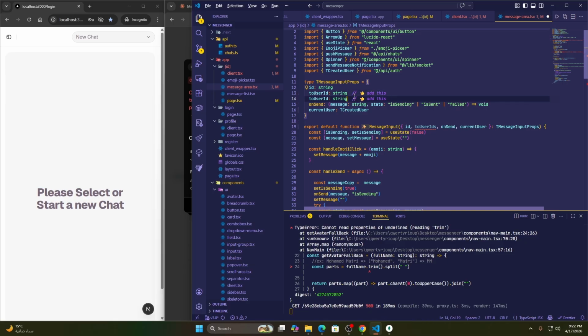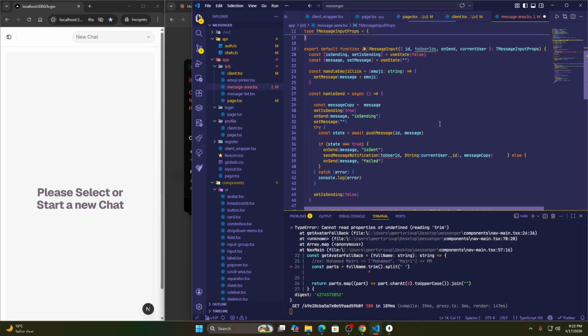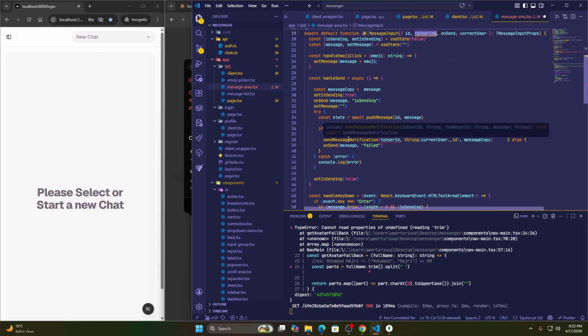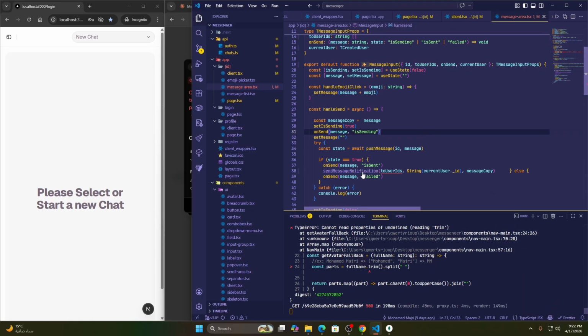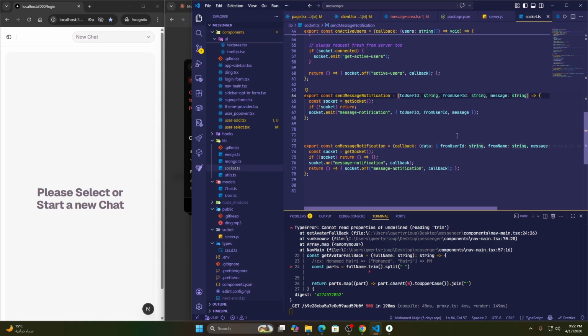Okay, let's comment it. Array of strings, good. So send message notification to user IDs like this. We do not have any error except this function, so this will be an array of strings to user IDs, and we need